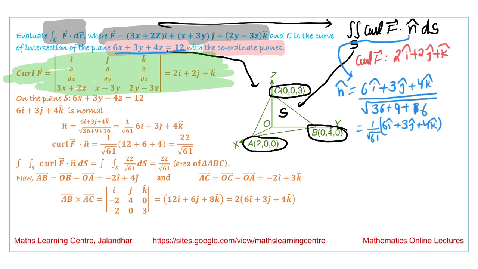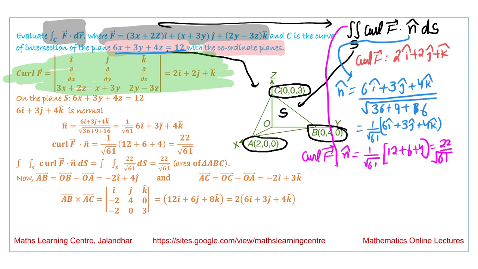Now if we calculate the value of curl of f vector dot n cap, we get 1 by root 61 into, we multiply these values, we get 12 plus 6 plus 4. So the answer we are getting is 22 by root 61. So we are saying the value of this integral will be the double integral over S of 22 by root 61 into ds, that is equal to 22 by root 61 into area of triangle